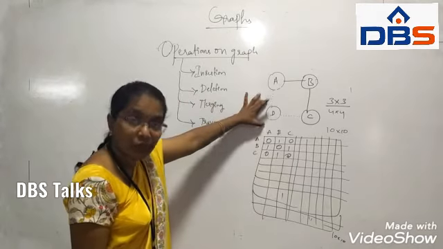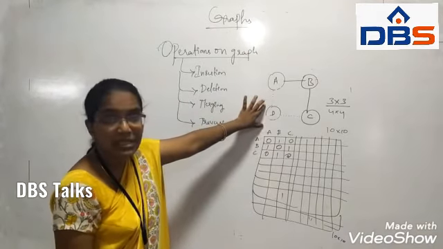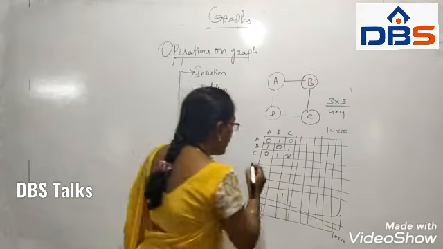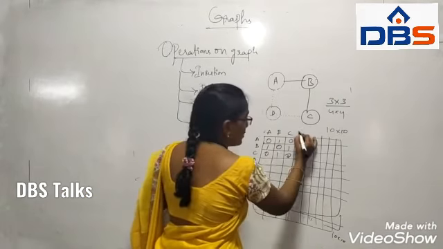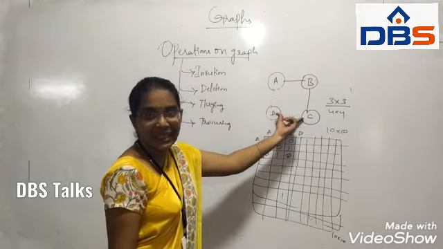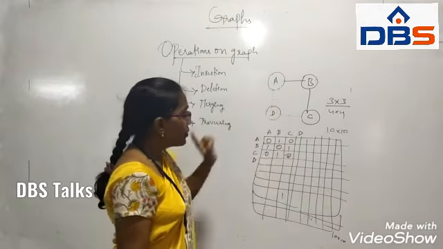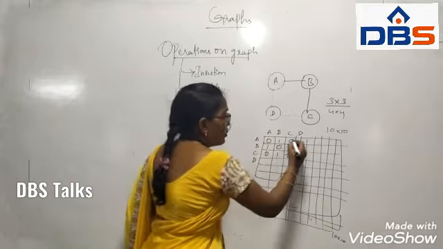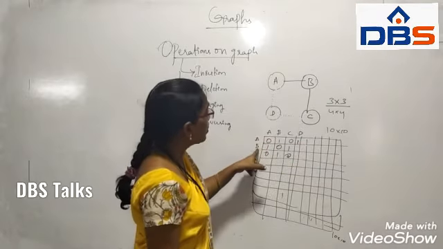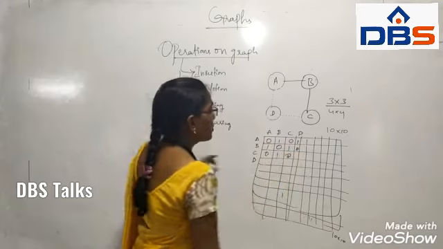Now if we are going to add this particular vertex, we need some memory, no? For that reason we have taken this. Okay, if we add the vertex here, now we have created the link. Now see, A to D we have the relationship, we have the link. B to D we don't have.